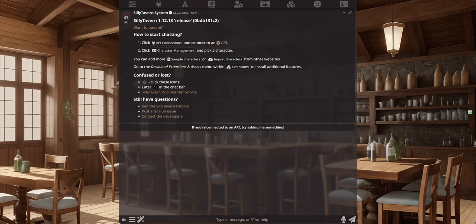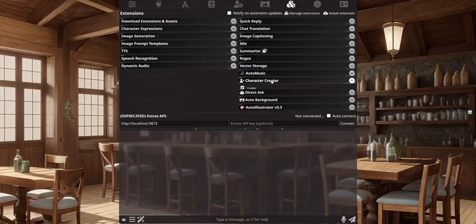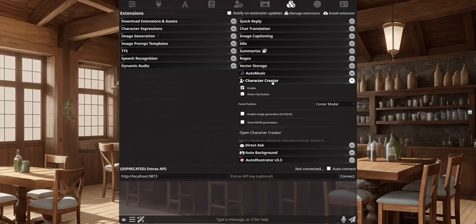Hello everyone, in this video I want to show an extension called Character Creator. This is an extension for SillyTavern. It's designed to create a character card with a simple mode or maybe a more advanced mode. So let's start with